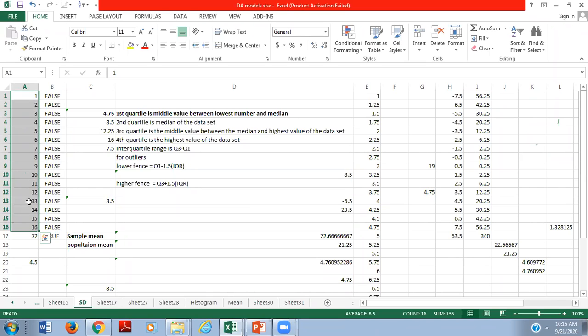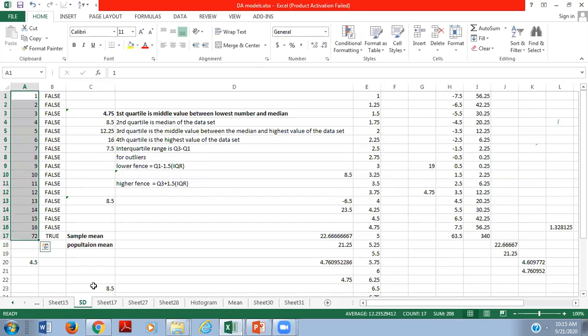The difference is only 1 between each of them. But I have put one value at the last, that is 72.